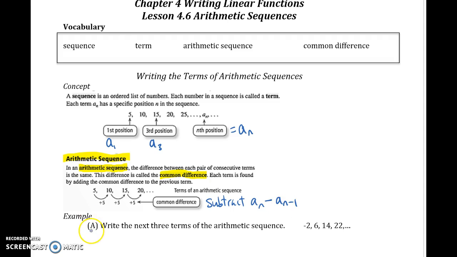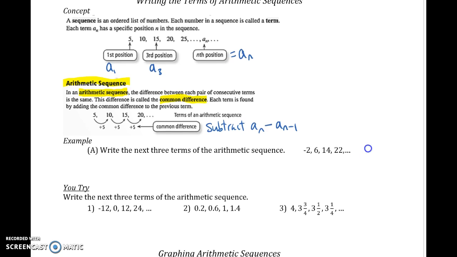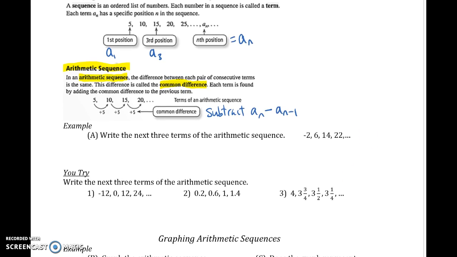So for example, if you look at example A, I want to figure out the next three terms, and you might be able to look at this and figure out the common difference, but let me show you what I meant by a sub n minus a sub n minus 1. So negative 2 is a sub 1, 6 is a sub 2, 14 is a sub 3, 22 is a sub 4, and so on. So to find that common difference,